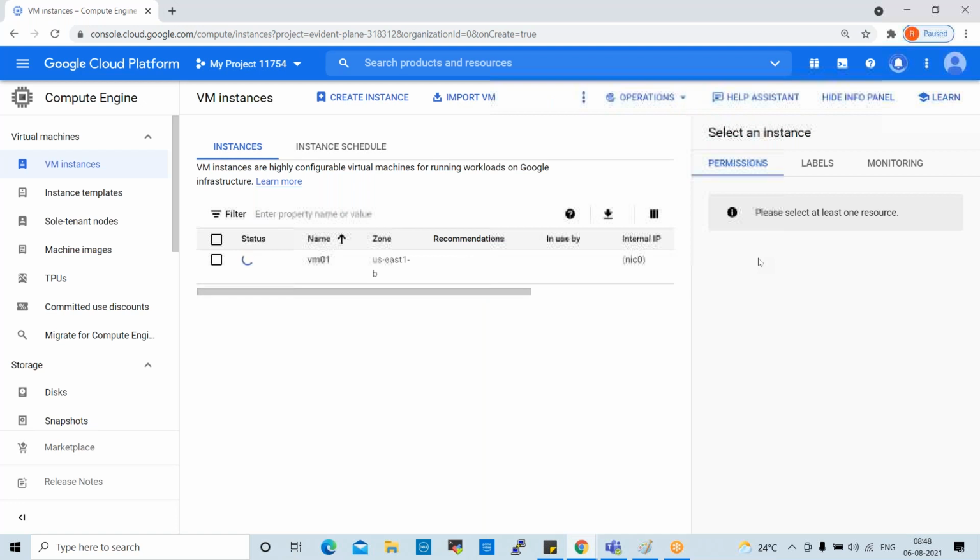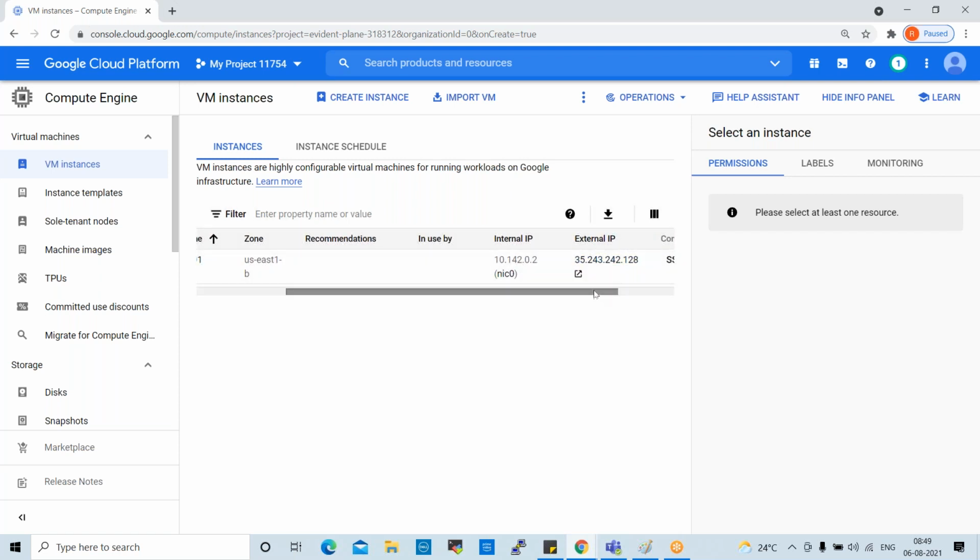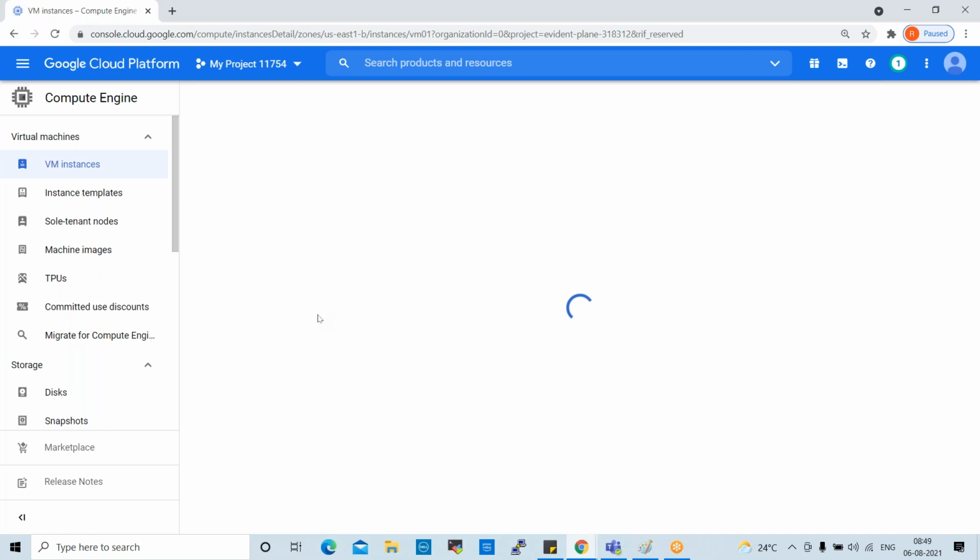So the VM instance is created. Now it is created. This is the internal IP. This is the external IP of the VM instance. Connect SSH. Once we get this VM, if you click on VM01,